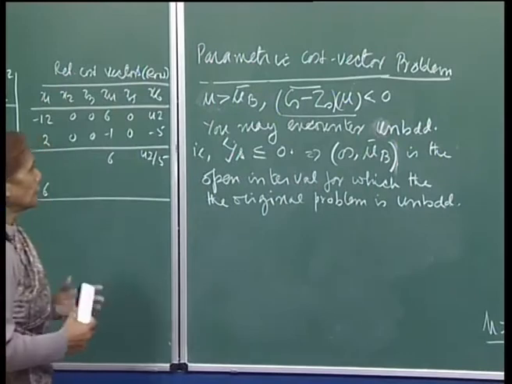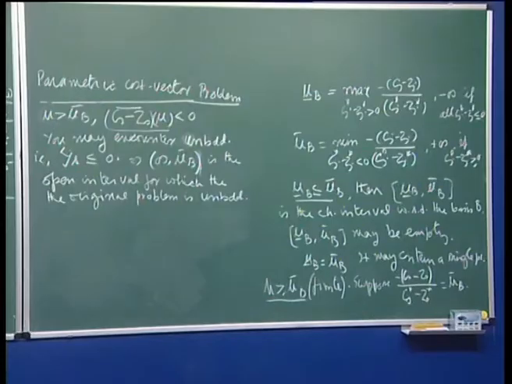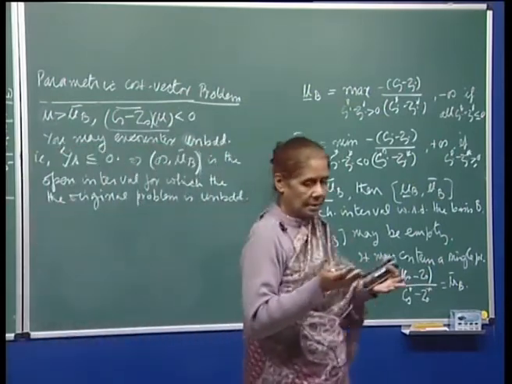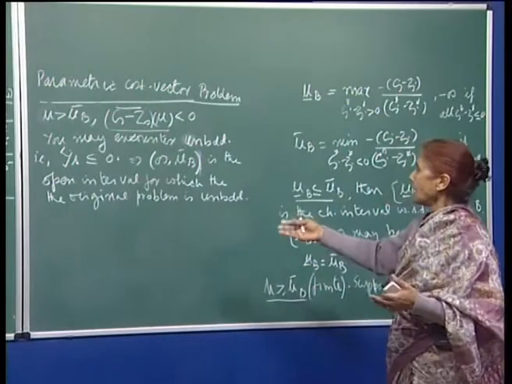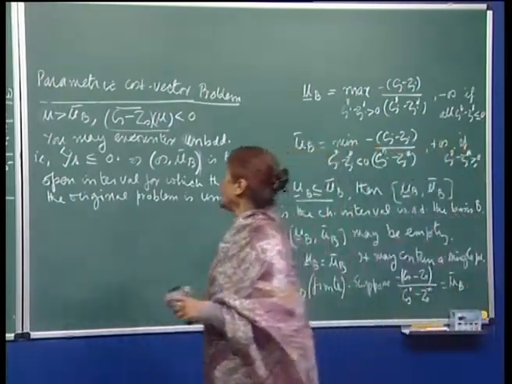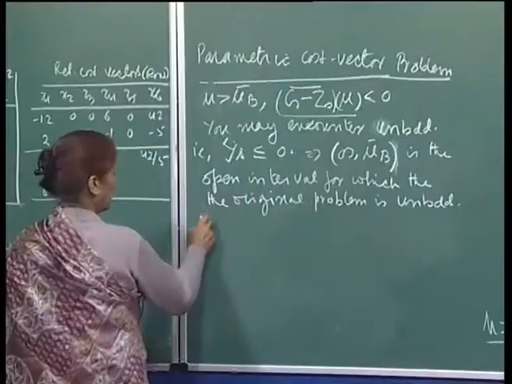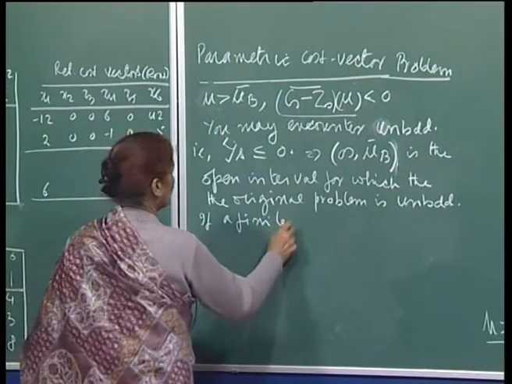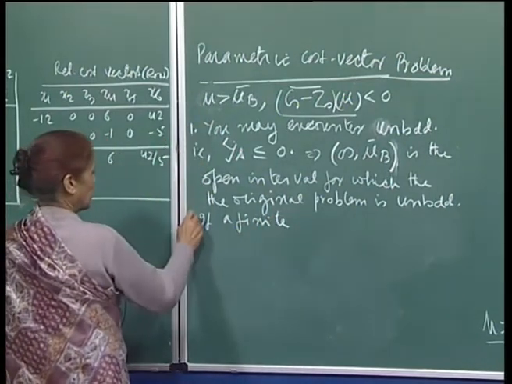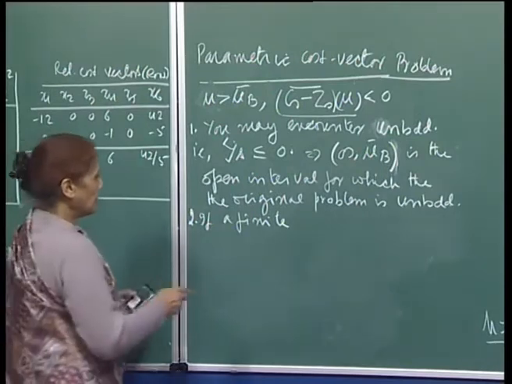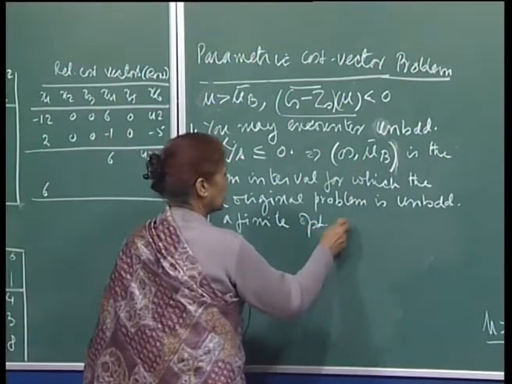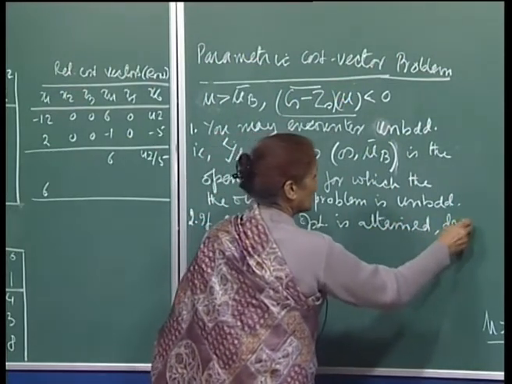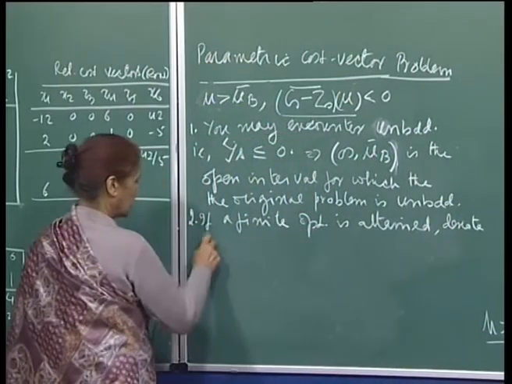Okay. And if you do not encounter the unboundedness criteria, you will get a new basis by including As into your basic set of columns. You will get a new basis, and again you will find out. So you may encounter a finite optimum. Maybe I can write this as 2 steps here. These are the 2 possible outcomes. So if a finite optimum is attained, denote the new basis